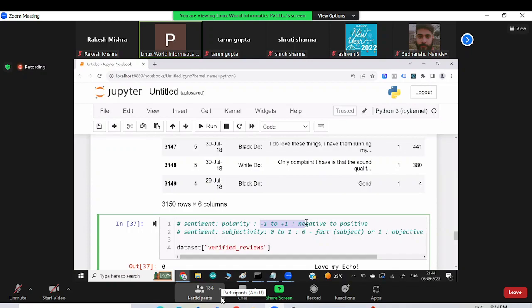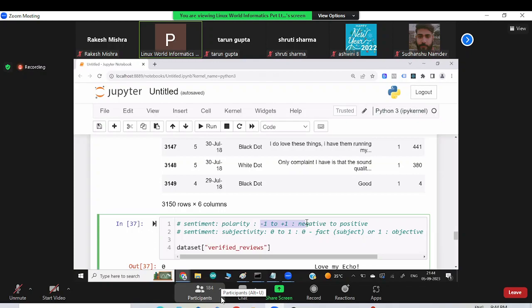According to this number system, we know anything that is greater than 0 is positive, less than 0 is negative. That's all. So if somebody asks you, can you tell me the overall rating and review of the product, how much percentage of customers like this, we can now find it very simply and easily, just by typing some small code of conditions.